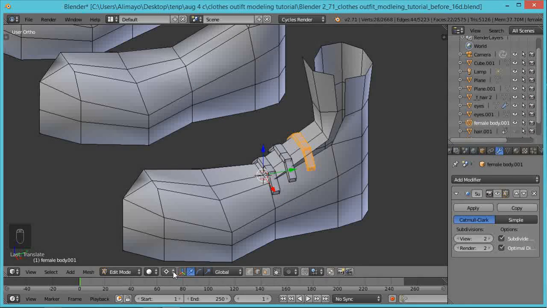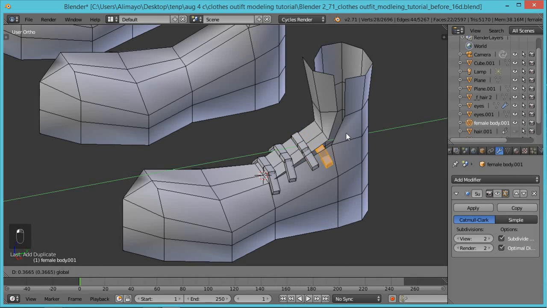Sorry, I forgot to take this off. You want to turn this back to medium point. If you were having problems, that's probably why. With the pivot on the cursor, it was rotating on the cursor, which was right here. Medium point is Blender's default; when you start off in Blender, it's medium point. This will rotate on itself. So I hit R to rotate on the X axis, and you can see it's rotating right in place like we want it. I'm going to hit Shift D,